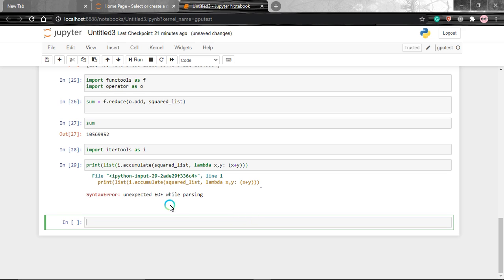So if we execute this, there was some issue. One more bracket was needed. List I dot accumulate squared list lambda.